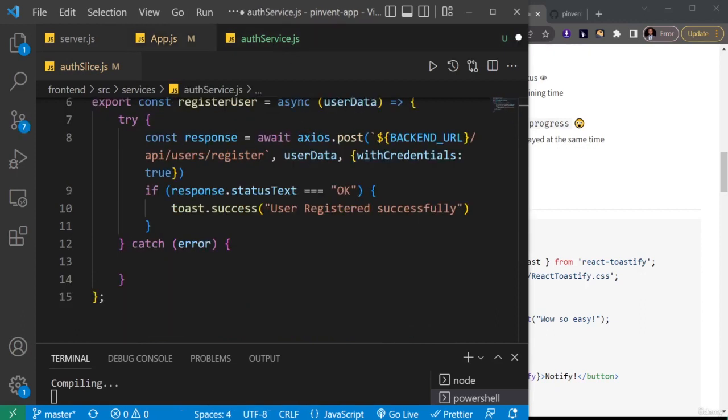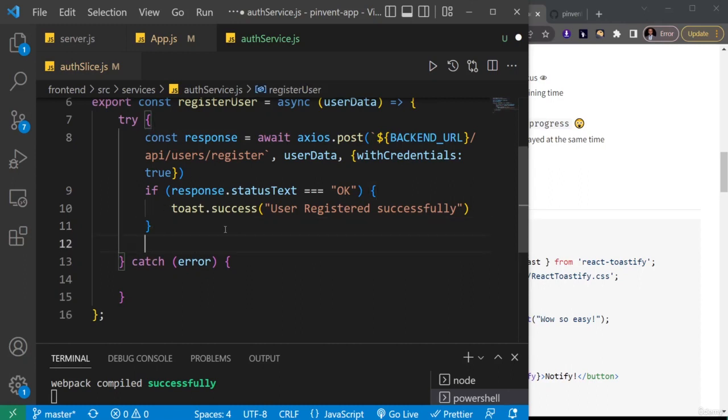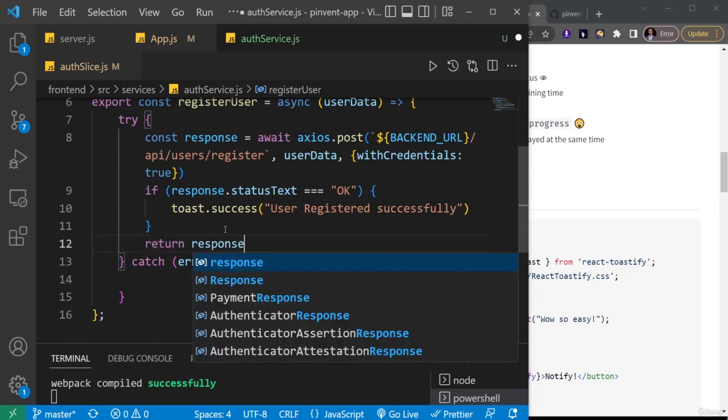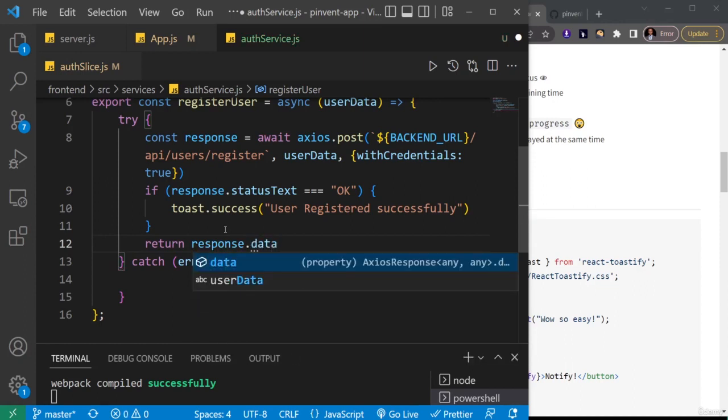So now that we have created this try block, if this is successful, then at the end I just want to return the data that I get. So I'll just say return response.data. Okay, so that's it. Now what about if there's an error for some reason? Maybe the user's connection went off or something went wrong. How are we going to catch that error? Well, I'm going to put it inside a variable called message. So here I'll say const message,